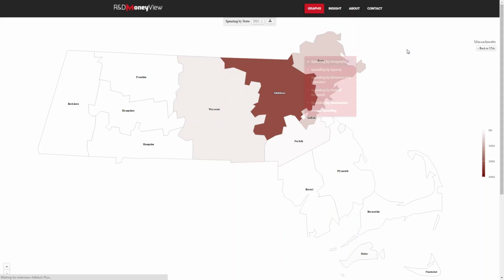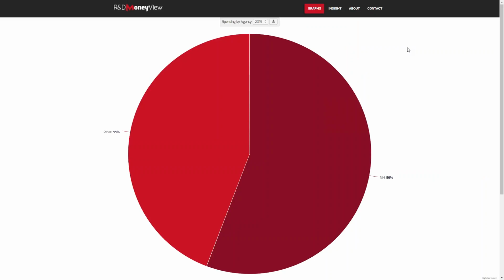And let's go into funding by agency. Okay, this is a graph for 2015. The reason that I'm showing you this graph is just to cope with the misconception that we've been hearing a lot. A lot of very important key players within the life science world think of the NIH when they think about non-dilutive funding, and that is, of course, understandable. The majority of the funds that are allocated through these sources come from the NIH. Out of the $50 billion that are annually distributed through non-dilutive funding sources, about 32 billion, that's for 2016, are from the NIH, but that does not mean that there isn't a lot of funds available out there that are